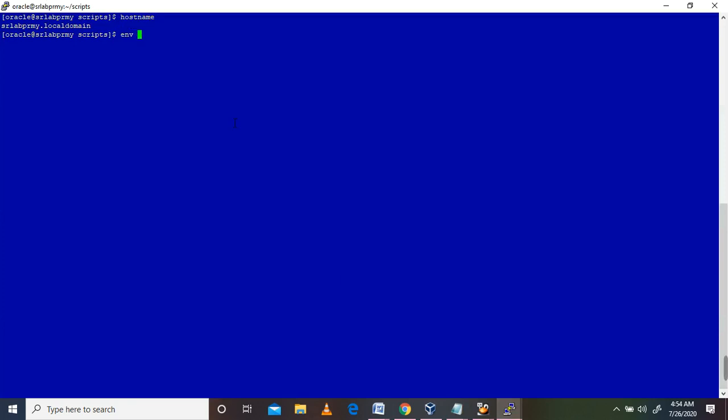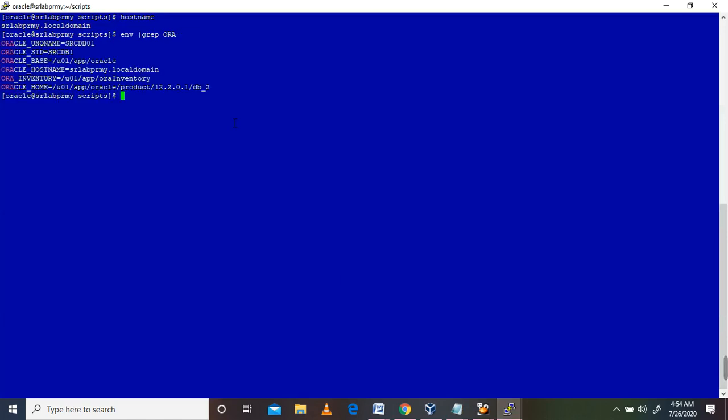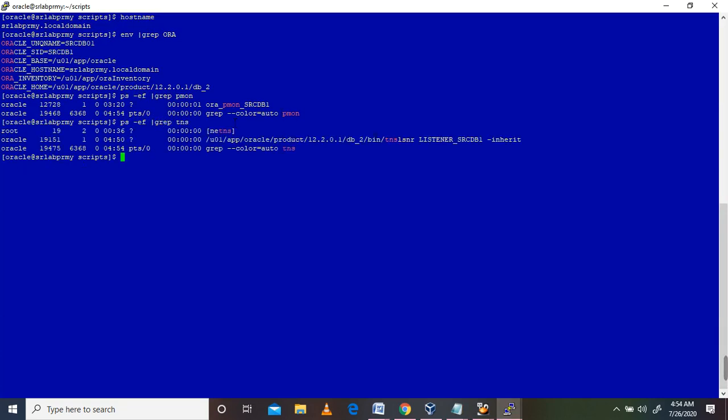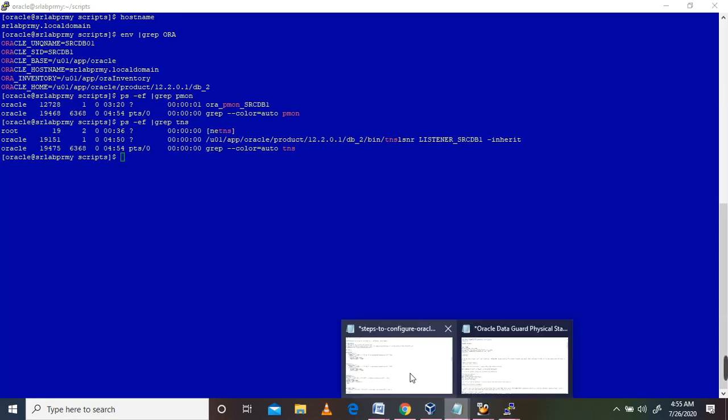You can check the environment and which database is running: SRCDB1, and the listener service is also running, listener SRCDB1. Okay, this is the primary setup. The database is up and running, and the listener service is also running.